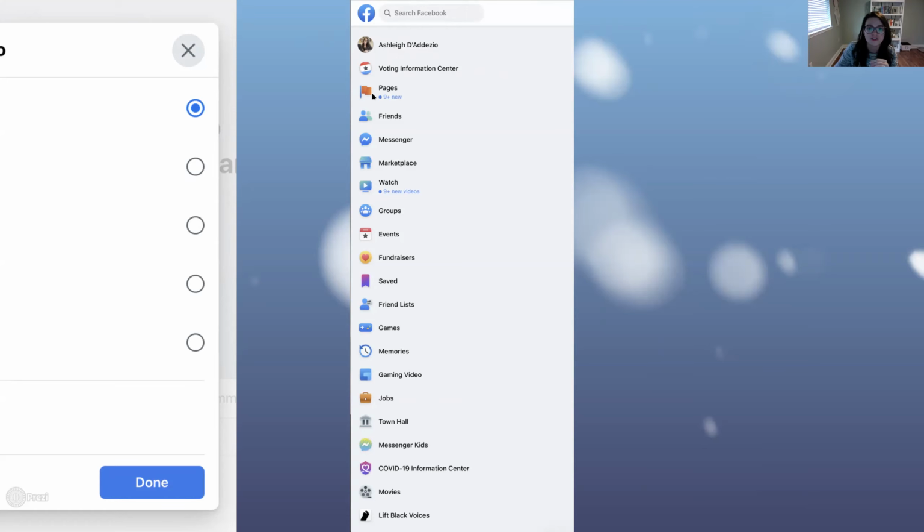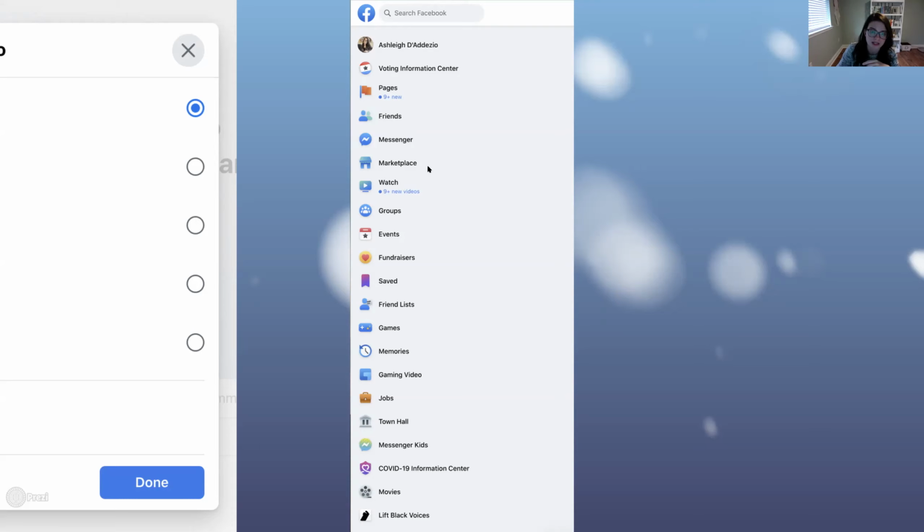These are the pages, the Facebook pages that you manage. So I have a lot of pages under there because that's my job. If you only own one business and maybe you have a page for your dog, you might only have 2 pages. A lot of people have none. Your friends, Messenger, we all know what that is. That is a separate app when you're on your phone, and it's just messaging your Facebook friends.